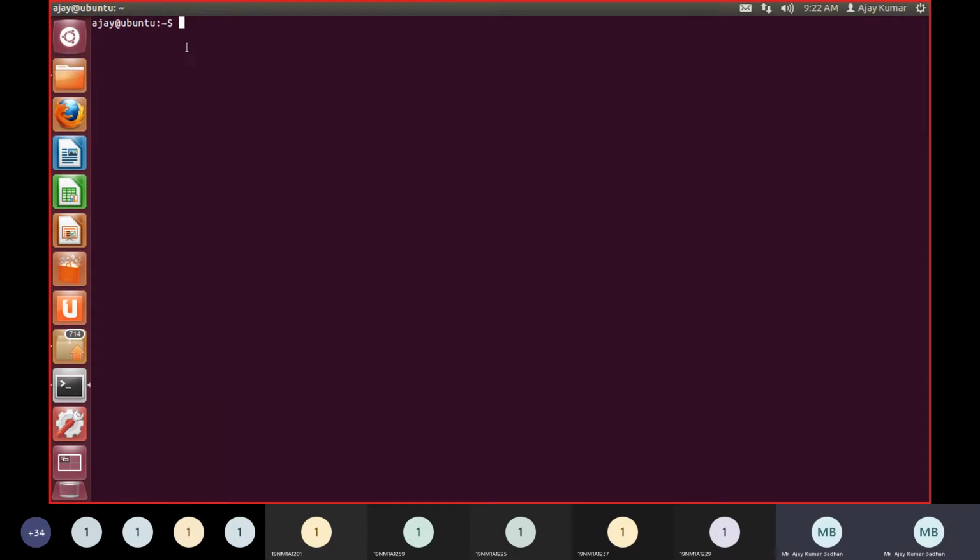I just wanted to know the list of files, directories or subdirectories I have in my system. So I can use a command called ls. ls is a short form for list, listing the files and directories present in the particular folder or root directory. We can use that command. Let's see, ls, enter.